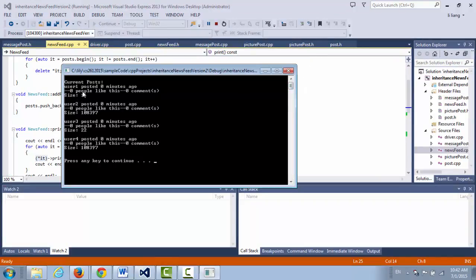Current post. So unfortunately, we see it doesn't work. It only gave you the implementation in the post class, the print function in post class. In the superclass, it shows who posted, how long ago, and the number of comments. Please ignore the size for now. We will take a look at the size later. Remember, for message post, it should show the message, and for picture post, it should show the location of that